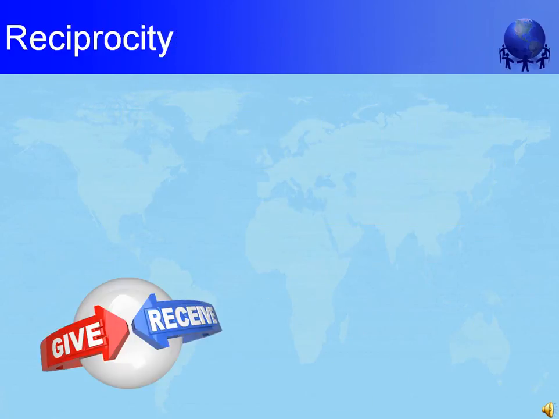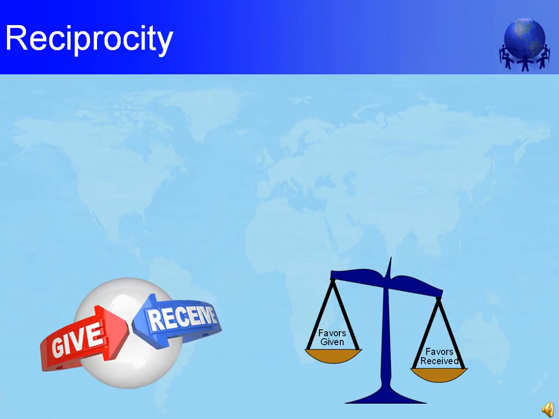The cultural dimension called reciprocity has two attributes. The first attribute is the belief that relationships are strengthened by the practice of exchanging favors and by showing appropriate respect. Often, this respect is shown by agreeing or at least keeping silent or not disagreeing. The second attribute is that unwritten records are kept. That is, people keep a continuous mental balance sheet where favors and disrespect are remembered and repaid.